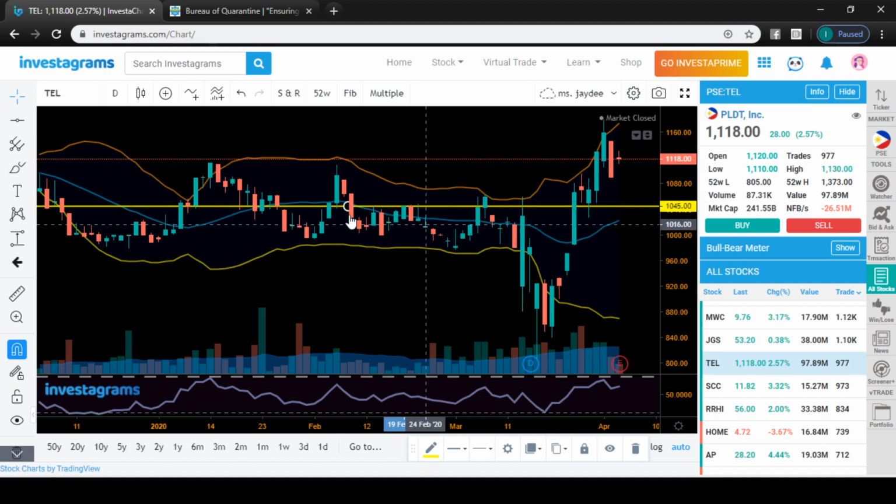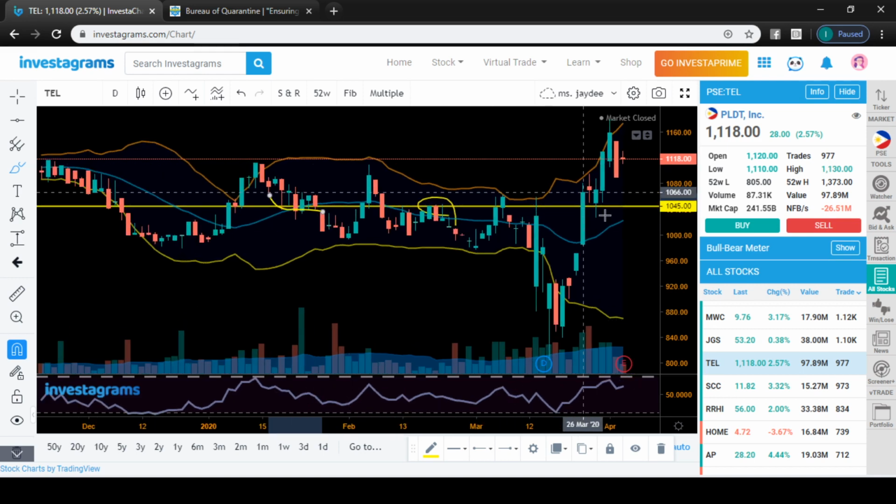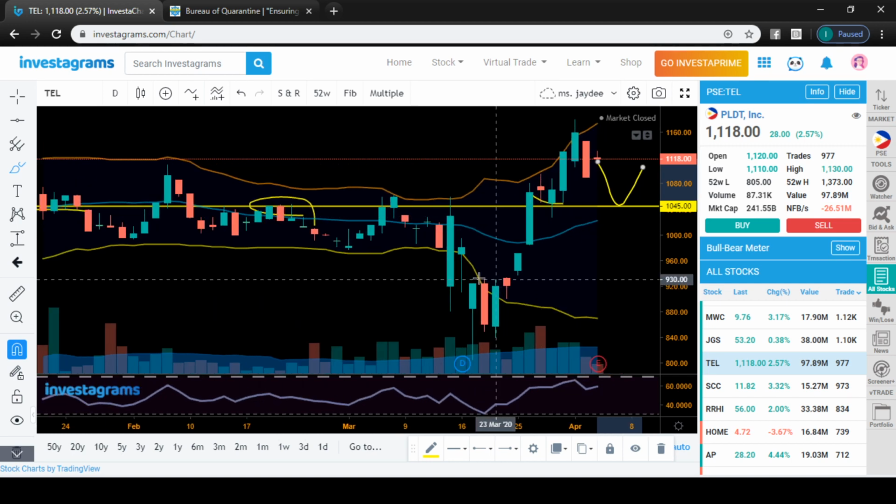1045. The reason why we said that is this resistance, previous support over here. Okay, created a support as well here, so it might just revisit and then bounce again. Okay, that's the first possible bounce. But if you want to be very accurate, let's take a look at this. Use